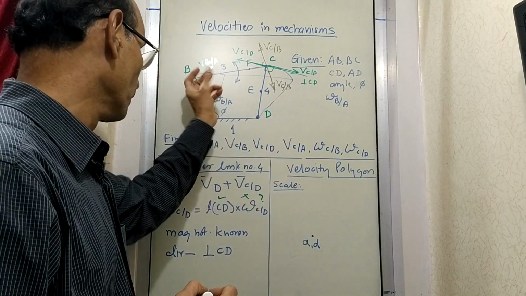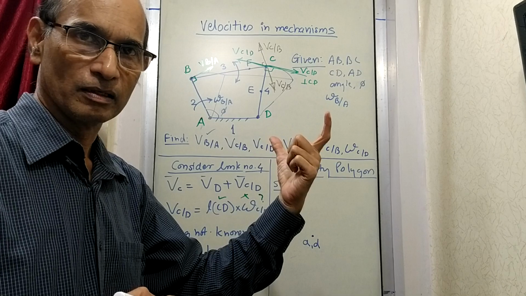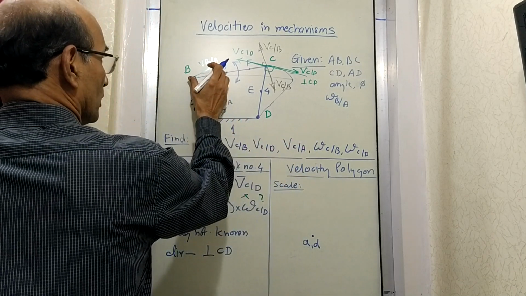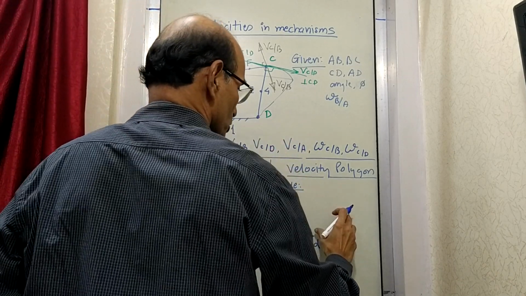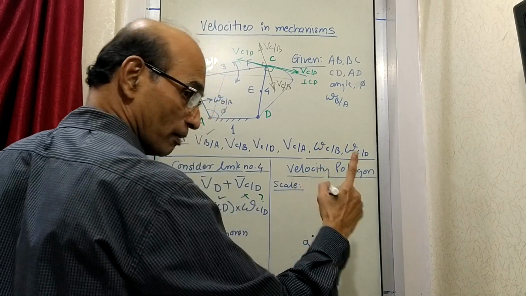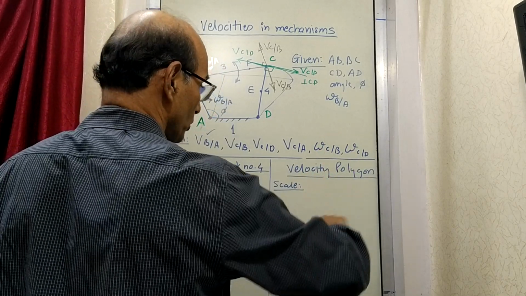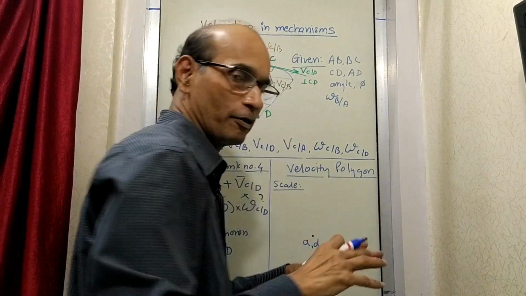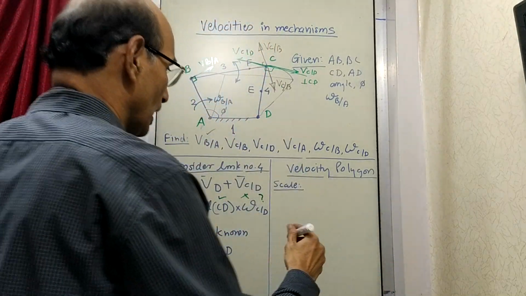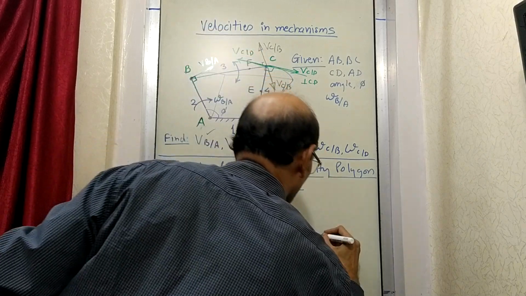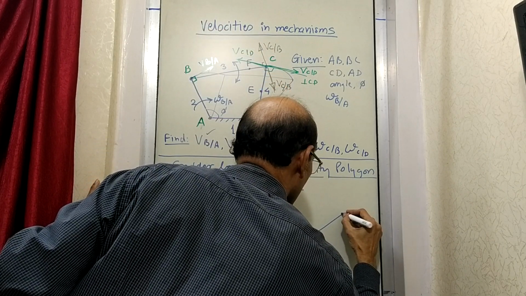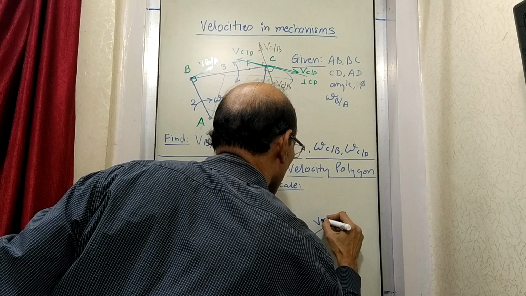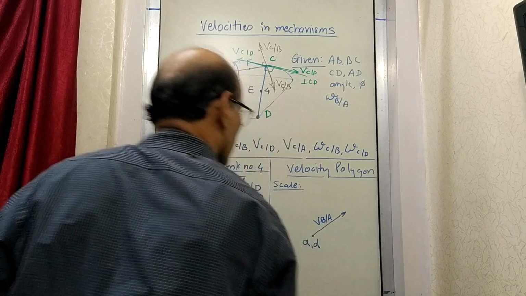Now what is the velocity of B? We know it has a certain length, so we are going to draw this vector. Listen very well: from this point, we draw a line parallel to this line. By making use of your instruments, you draw a line parallel to that, like this. So this is going to be the velocity of B relative to A.